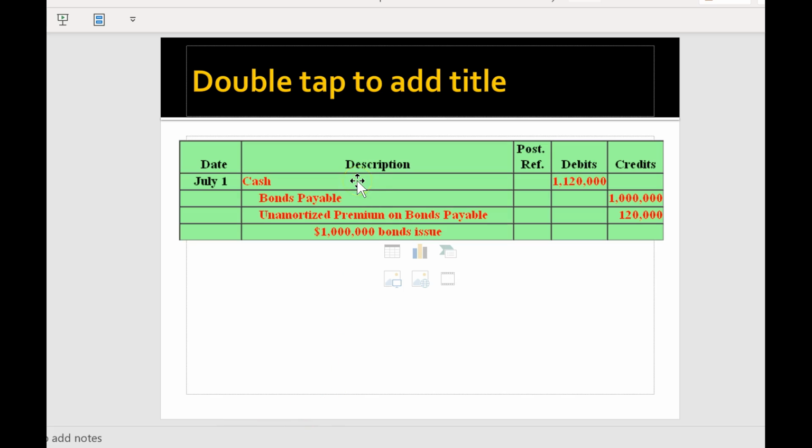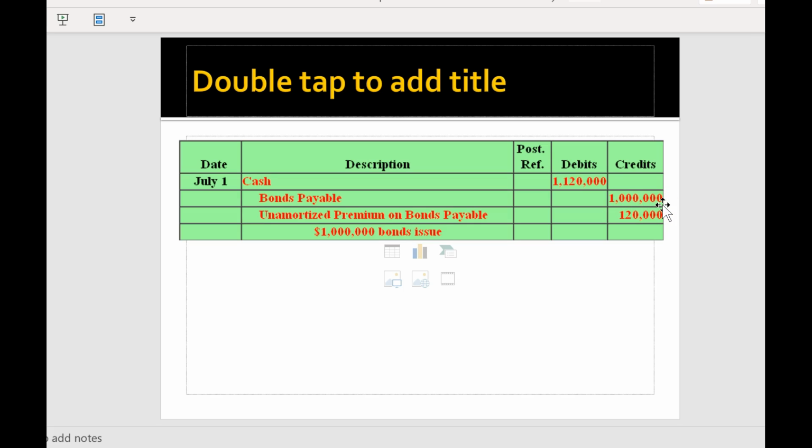So when we record that bond issue at a premium, we would debit cash, obviously, because we received 1.12 million cash. We will credit bonds payable. Note that bonds payable will stay at 1 million because at the end of the 10th year, we are paying back the principal, 1 million. So we cannot record 1.12 here because at the end of the 10th year, we are paying 1 million